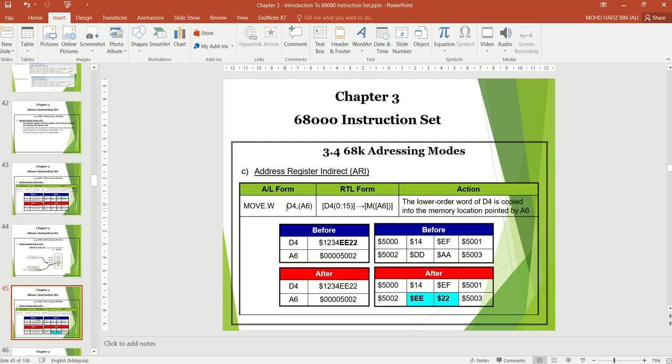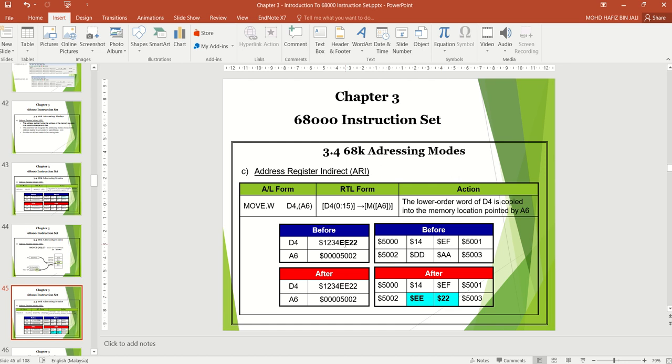What is the word-size value of D4? It is EE22. So EE22 replaces the value at the lower word size of the address A6 points to.